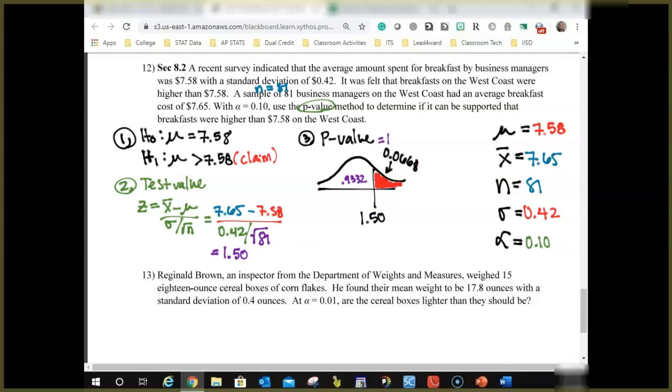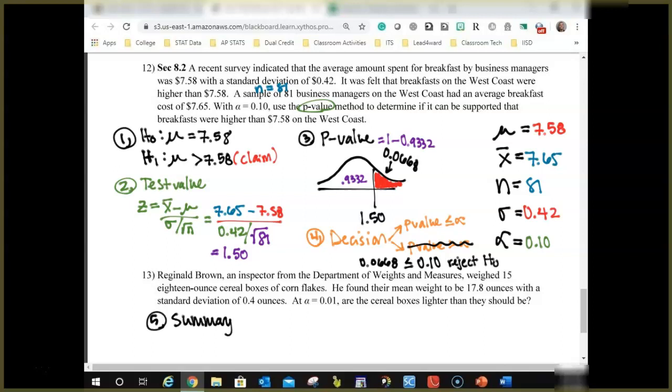So this is my p-value. My p-value is 0.0668, and we have to remember when we're using the p-value, we look at two situations. Is the p-value less than or equal to alpha, or is the p-value greater than alpha? If it's less than alpha, the first situation, then we reject the null hypothesis. If it's the second situation, then we do not reject the null hypothesis. In this case, the p-value was less than alpha, which is 0.10. So we will be rejecting the null hypothesis, and then we can state in our summary, there is sufficient evidence